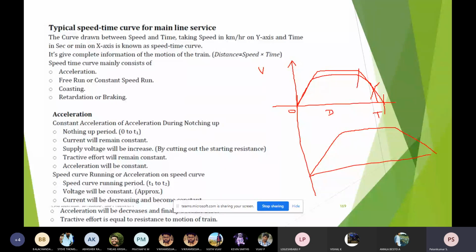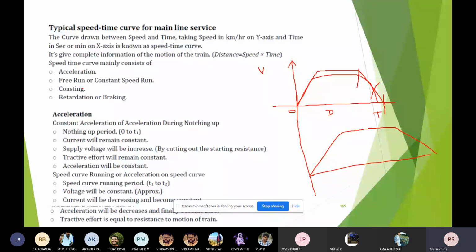So simply if we cut down the supply, what will happen? In the case of a DC motor, the back EMF will be more than the supplied voltage, so current will start in the reverse direction and the motor will act as a generator. That will make the engine come to rest very quickly. That is called braking, and it will reach the particular destination. For these things, we should know four different